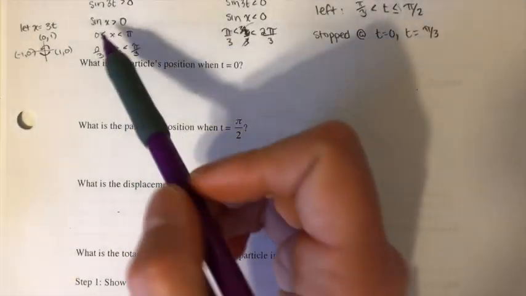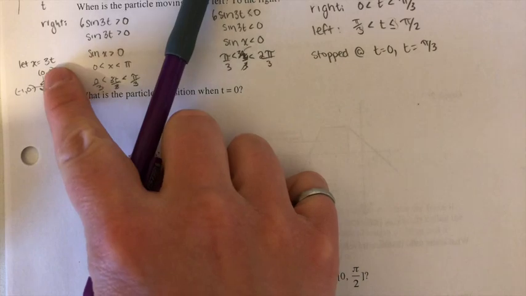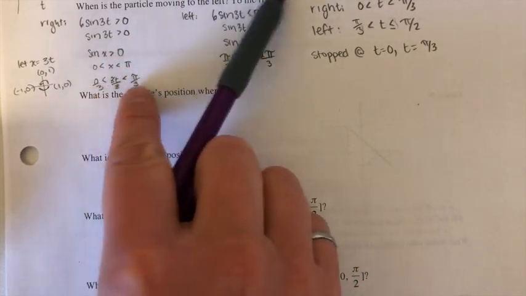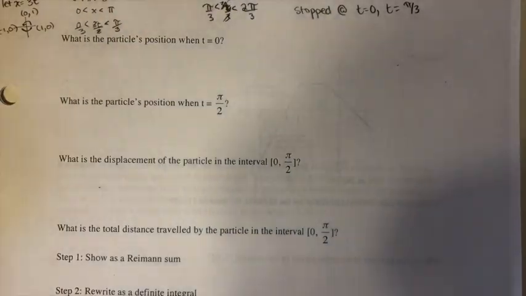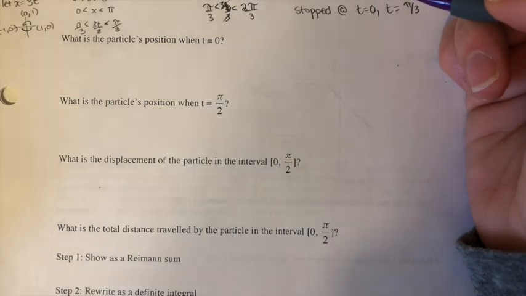So if you ever have a multiplier in your sine, this is a really good way to do it. Substitute something else in, then solve for that x, and then figure out what that would look like in terms of all the other stuff. Okay. So if we're talking about the particle's position when t equals 0,